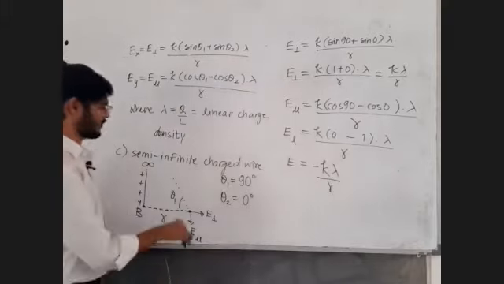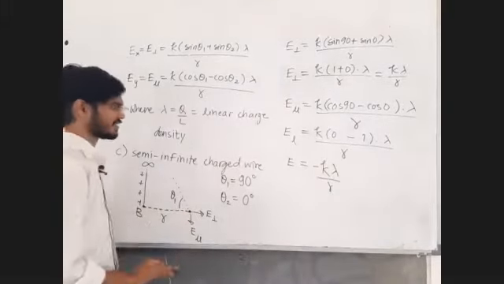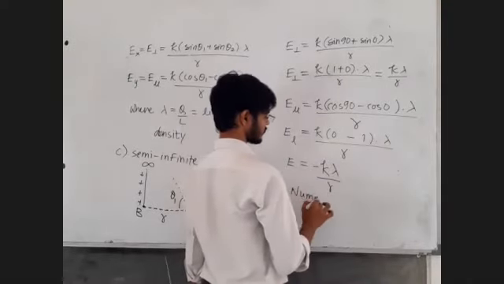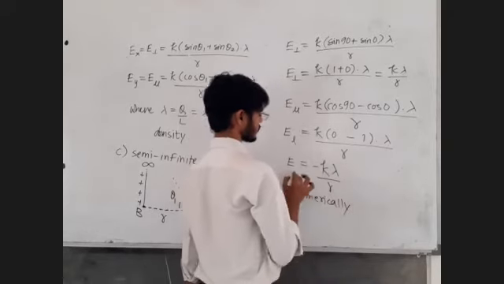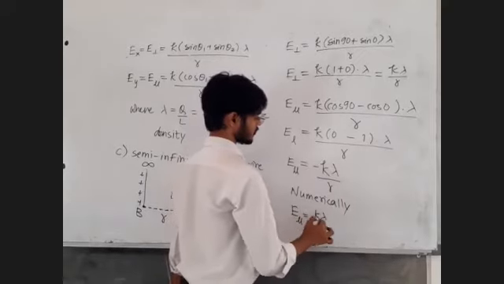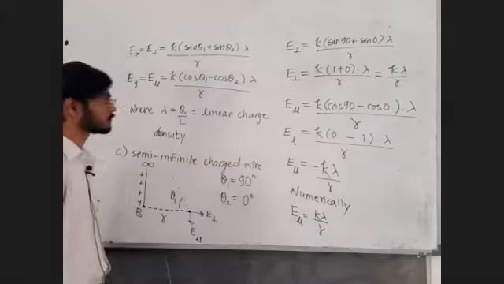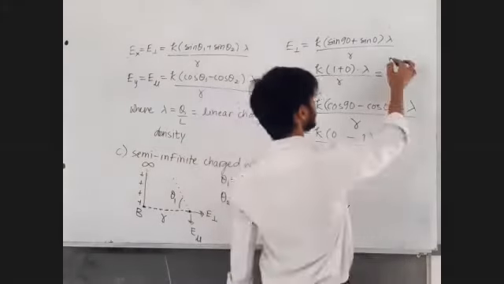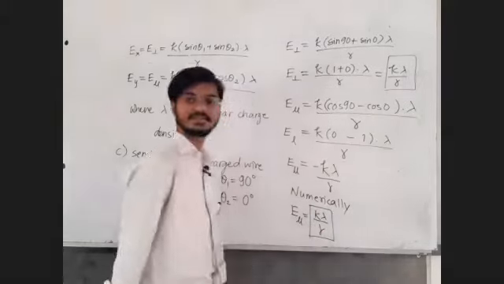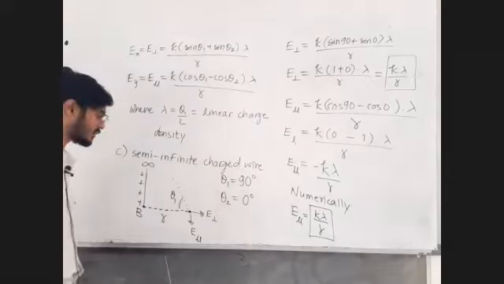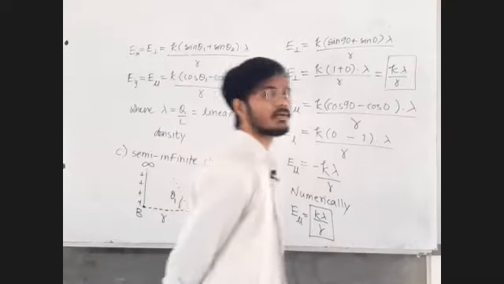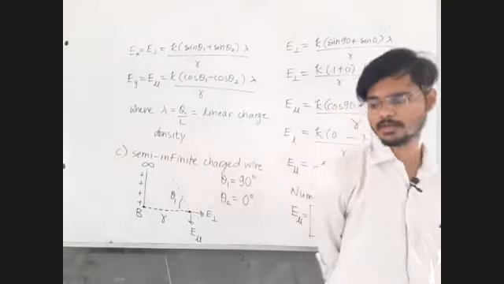We know the direction sense, so we just want the numerical value. We can decide the direction on our own, no issues. This value is K into lambda upon R, and this value is also K into lambda upon R. Isn't that interesting? You will get the same values, equal components in magnitude. Write it down and let me know in the chat box.